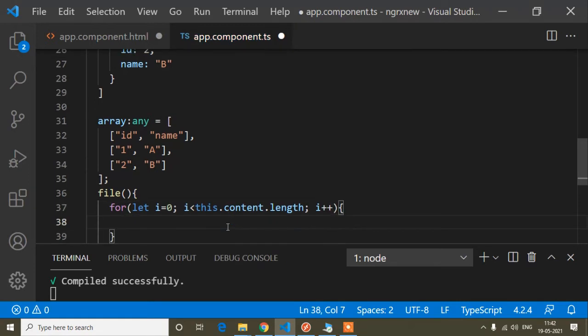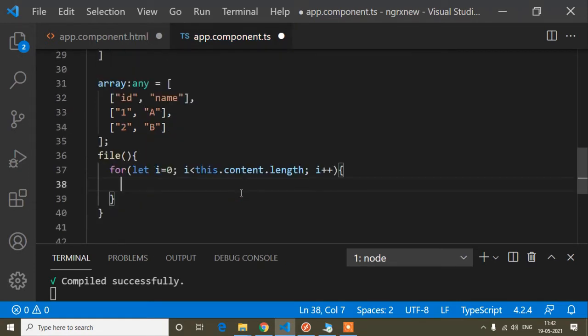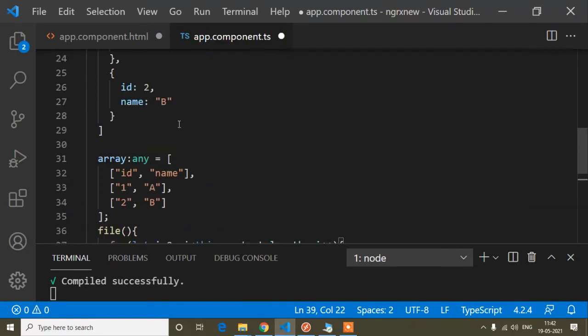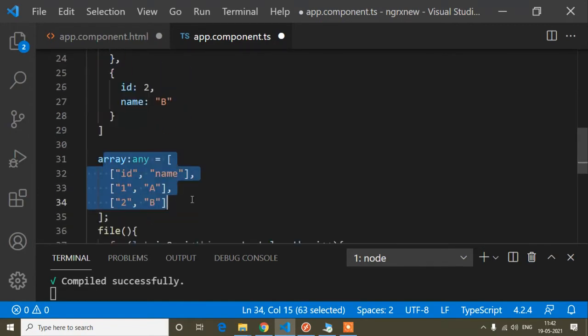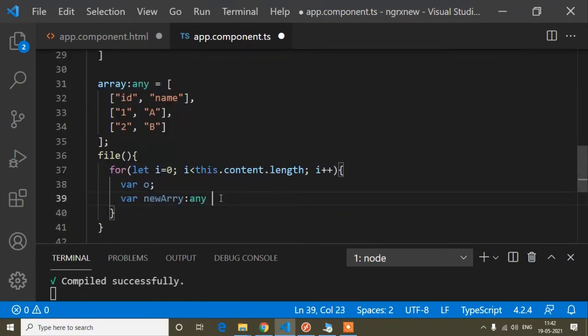Okay, so now here I will write another variable, that is o. Variable names, I always say, you can write as per your choice. And now here I will create another array variable, new array, and I'm creating this for converting this content into this format.